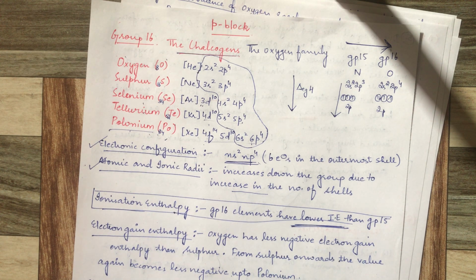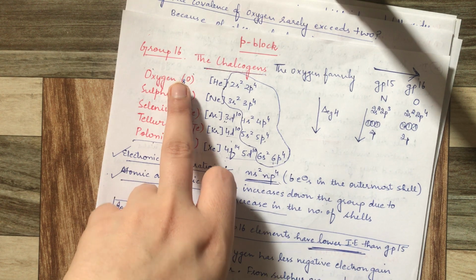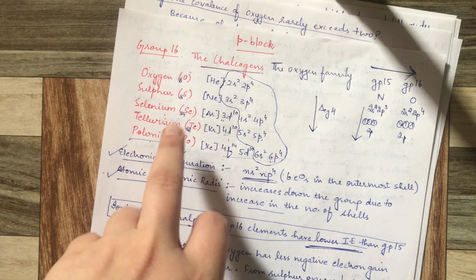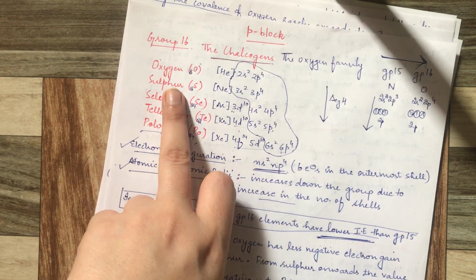becomes less negative. Less negative means when a particular electron is added into the valence shell, a lesser amount of energy is required. It means the electron is not welcomed into the valence shell. It is difficult for that element to gain the electron. That would mean if I talk about oxygen and selenium, see these are non-metals, so these are metals, I'm sorry, these are metals. So let's talk about this only, oxygen and selenium.